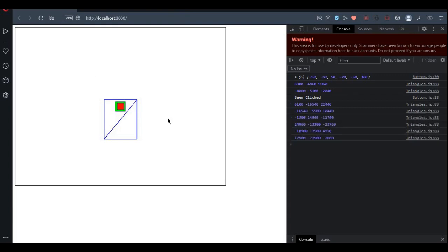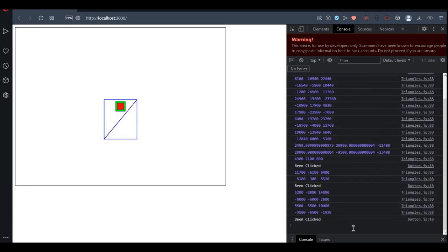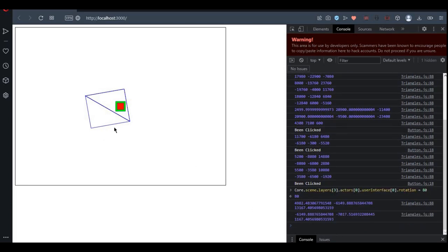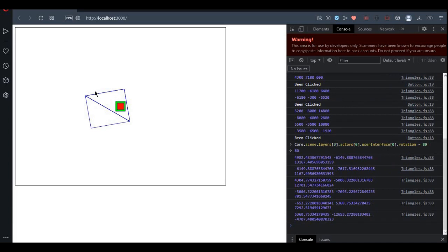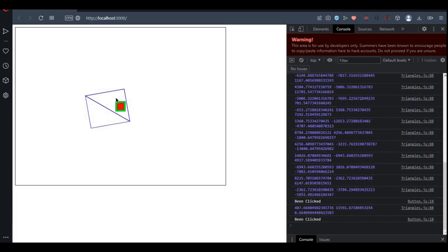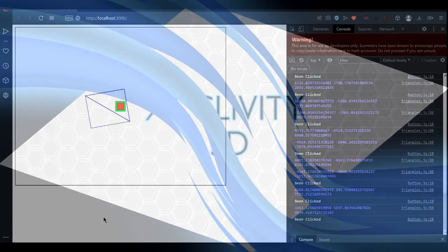And clicked, not clicked, not clicked, and if you click inside it. That took a lot longer than it should have done. And if I rotate it now, nothing, nothing, nothing. But it does click when I rotate it. So I'm going to have a lie down, and that's about